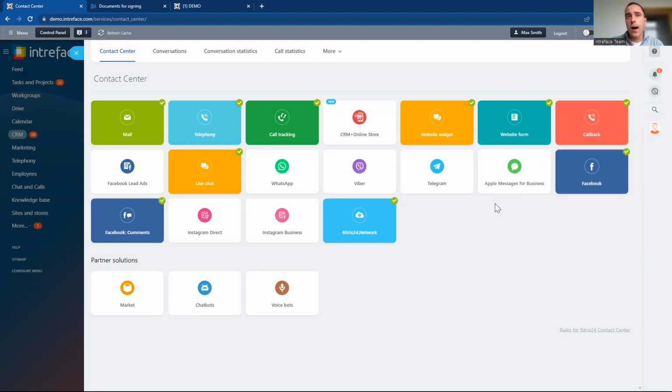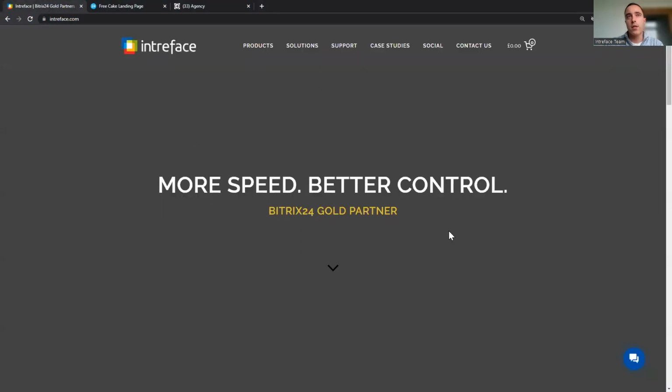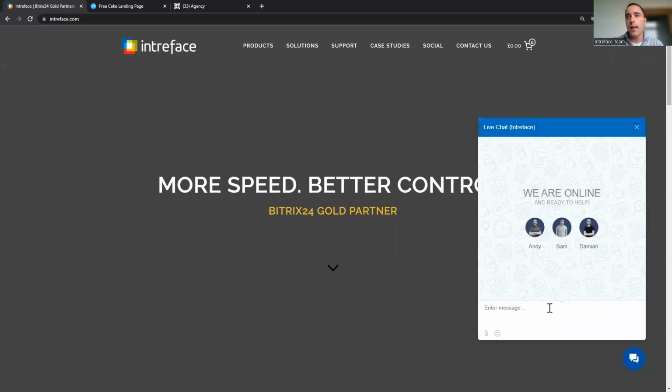Other very useful and commonly used features are, for example, website forms. So you can build website forms and embed those onto your websites, and also live chat as well. You can create a live chat tool and embed that onto your website. If we go into our web page here, you can see on our Bitrix website, we've got a live chat set up. So I could go into here and ask the team, maybe within the sales team, specific questions. So you can have live communications with your prospects directly through your website,